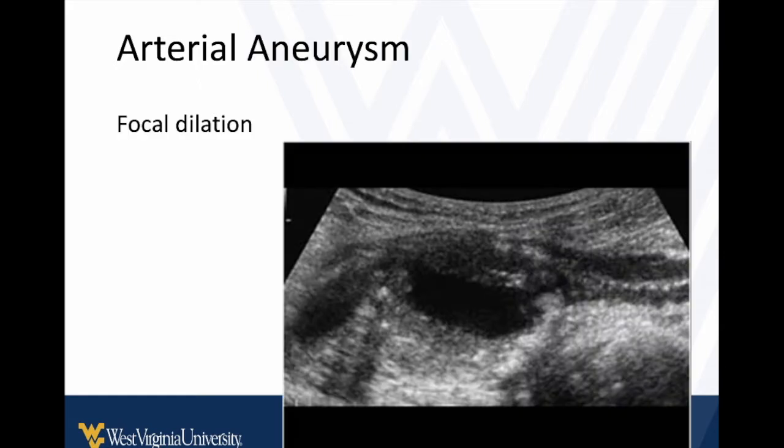So arterial aneurysm is one of the easier things. Again, if this is a concern, maybe it's someone who's had a knee injury in the past and now they're having some lower foot pain or something like that. You really just find the popliteal artery and follow it up and down, or whatever artery you're concerned with. You're going to see a focal area of dilation. And then you may put color in that to see how it swirls and make sure it's a true arterial